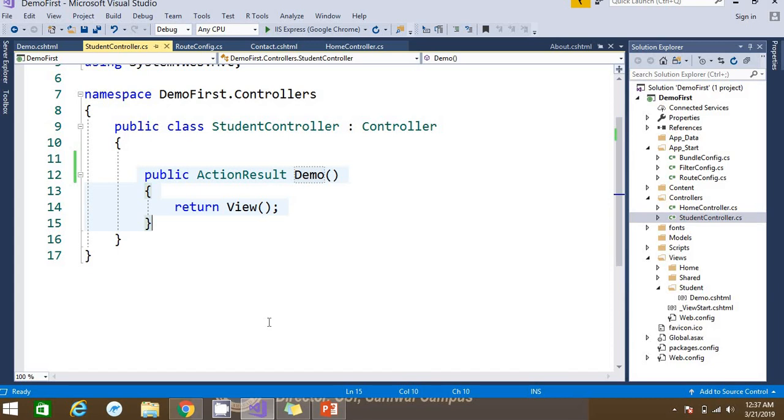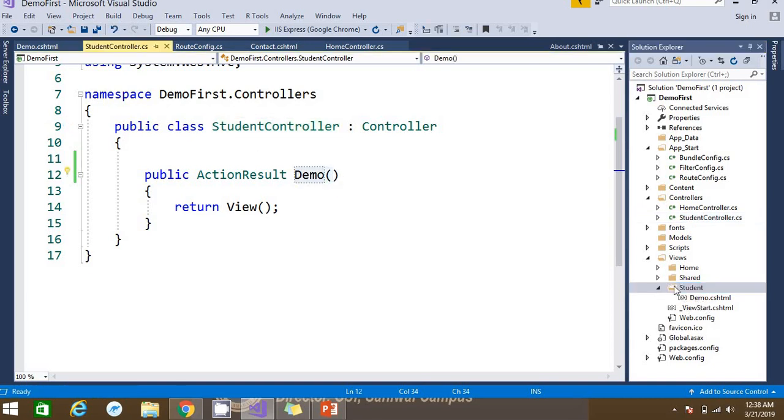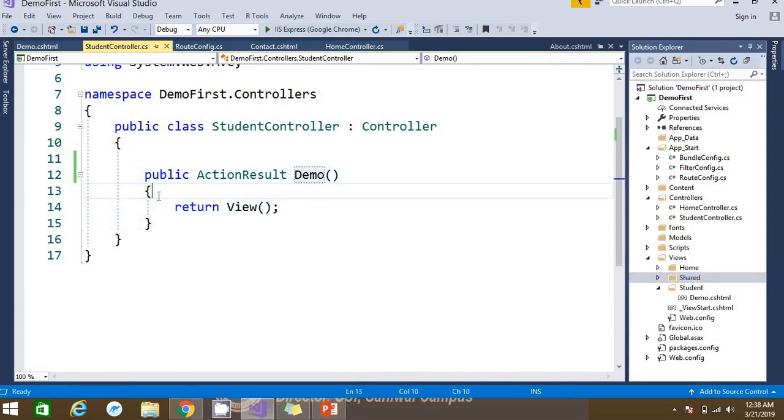It will search 2 locations, the controller name's folder here, and under that the demo.cshtml. If it is not present, it will search for that view inside shared folder. If it is not present in both of the folders, it will throw the error. And next thing is how to add the view for a specific action method. And now we